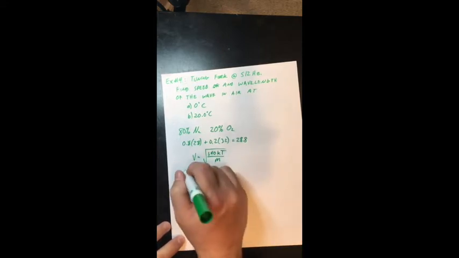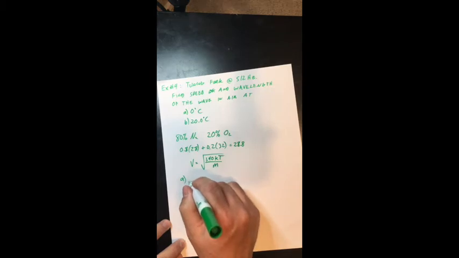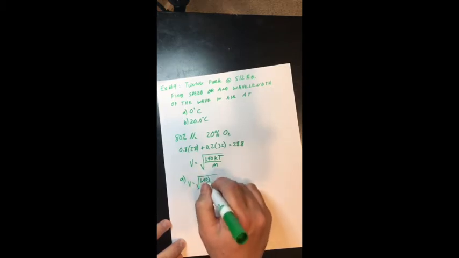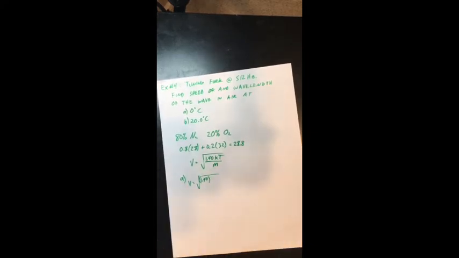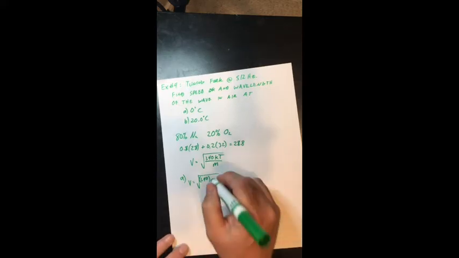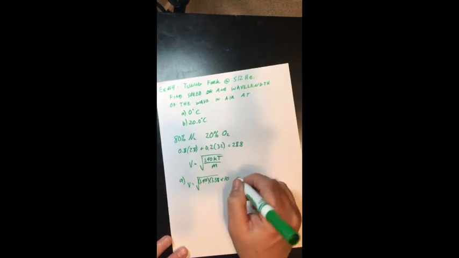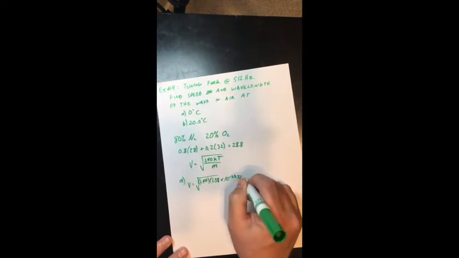For part A, when we're at 0 degrees Celsius, we're going to have V equals 1.40 times this constant. I got to check the guy's name again. Boltzmann. This Boltzmann's constant of 1.38 times 10 to the negative 23rd joules per Kelvin